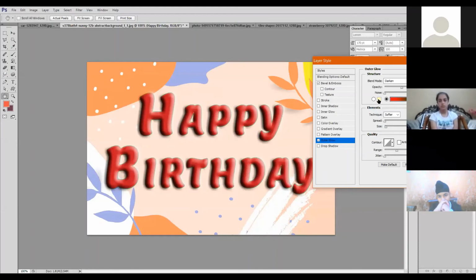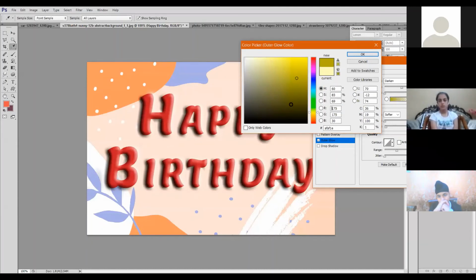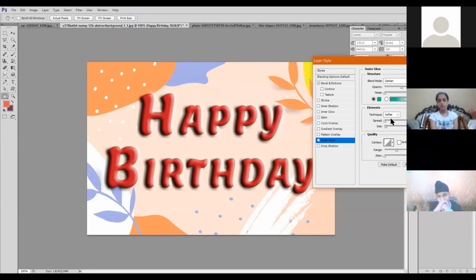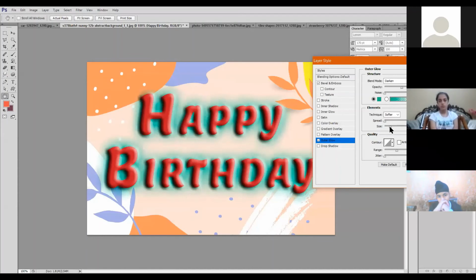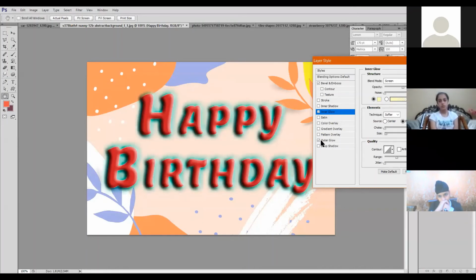Outer glow. Choose the color of the glow, what color you want as a glow. Click on OK. Then again size of the glow. Now this is the outer glow. You can also give the inner glow. Choose the color.